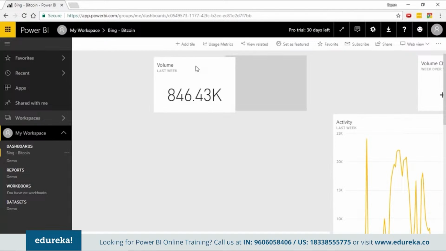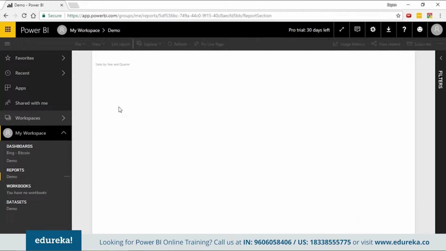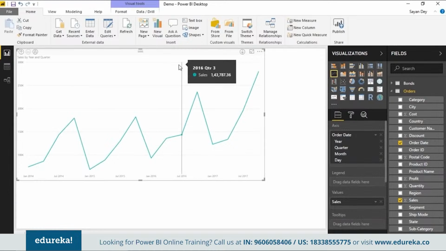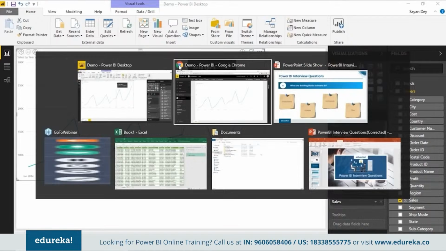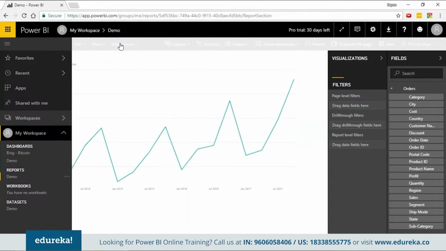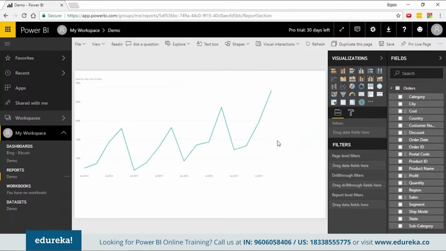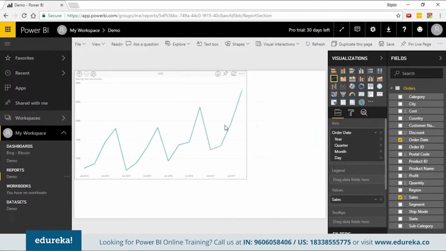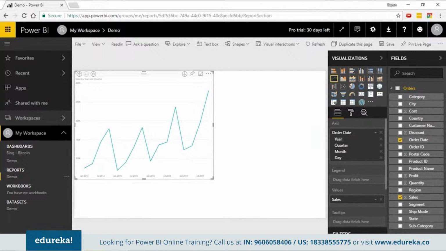For instance, here I have created only a single line chart, right? If you look at this particular thing that I published, I created only a single line chart. Now I can opt to add one more visual to my report. So what I can do is look at my report here. Another beautiful thing about the service, and something that all of you can mention here, is the editing capabilities in the service that Power BI gives you. You can edit a report straight within the service, an amazing feature where you get a very desktop-like interface right within the service. Remember, however, when you mention this part, do mention that you can't build models and you can't do query editing within the service. You can only edit reports, and you can only work on the visualization layer within the service, right?